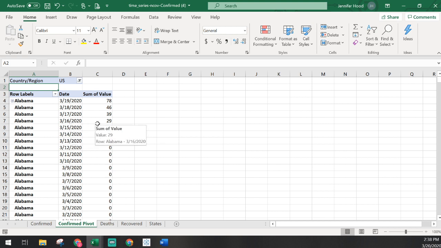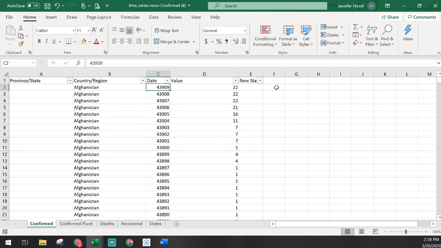So we could repeat the same thing for each tab and then do a nested if lookup. I found it easier to make just one more column that I put in with everything. And I did a state plus date column here.